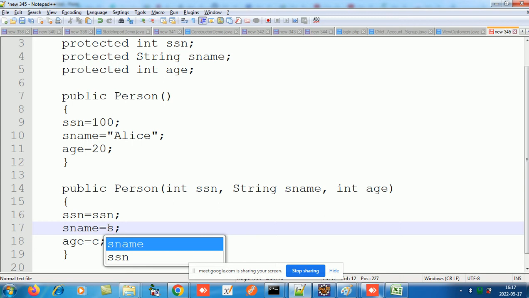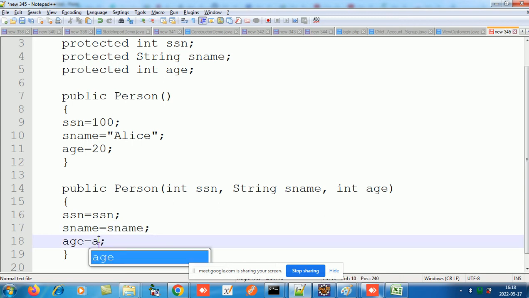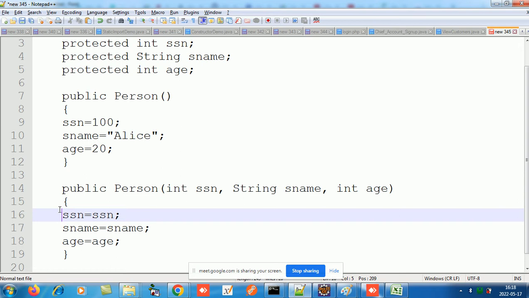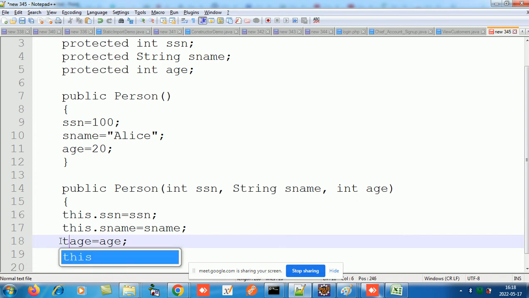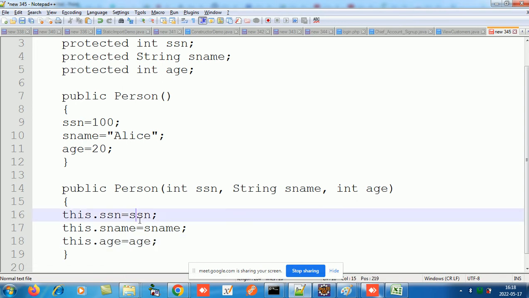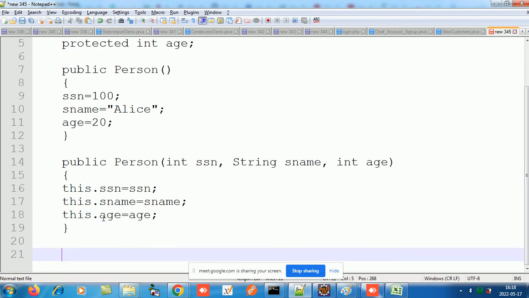If I use the same variable names, then to remove the ambiguity, for the LHS I have to use this. So you can use the same variables also, but you should use this on the LHS. Correct? Okay. If I want to display the details of the person,